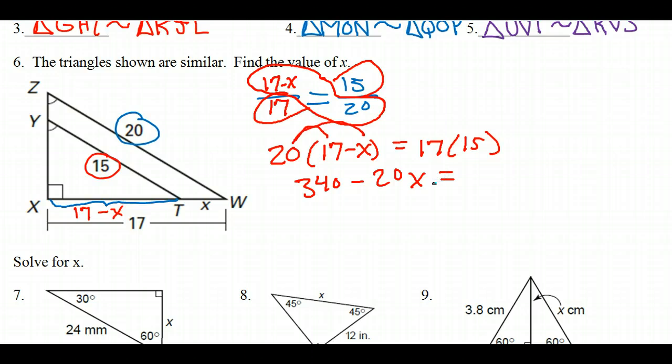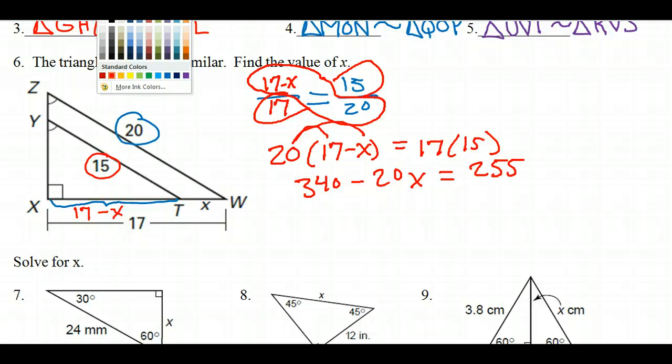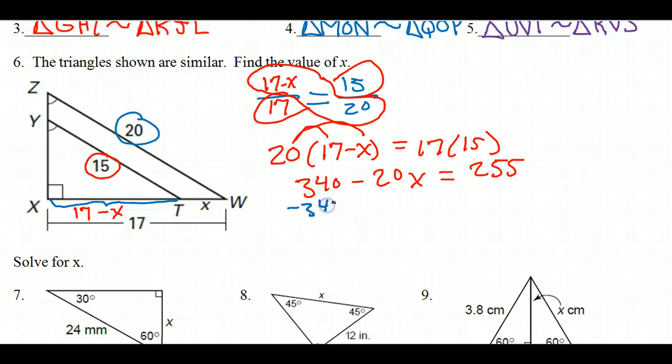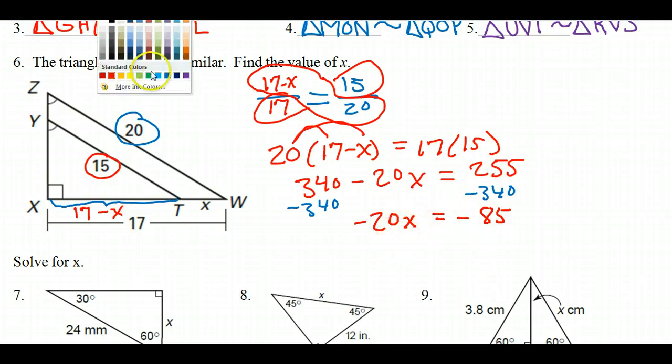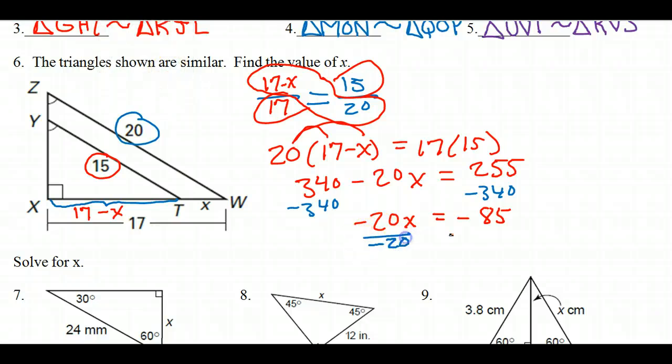Okay, and this is going to give me 255. If I subtract 340 from both sides, that's going to give me negative 85. So I have negative 20x equals negative 85. So I need to divide both sides by negative 20. All right, so that's going to give me, okay, for a second there, I got x equals